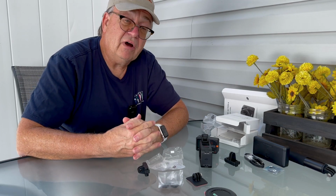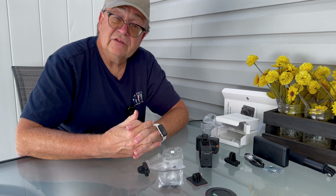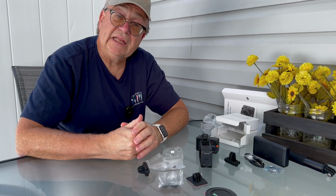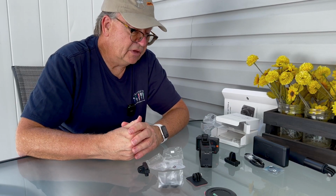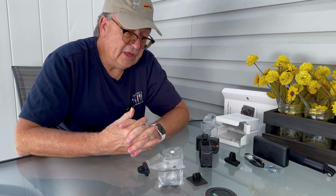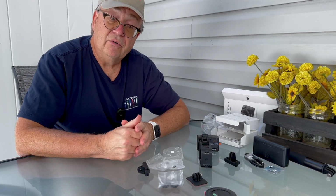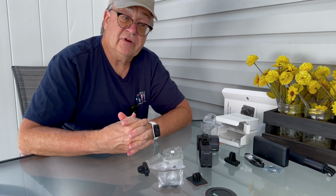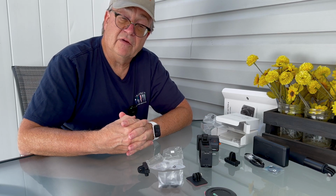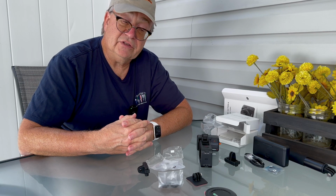I'm going to be doing more videos on this real soon. We've got to get it out in the field and test it, get the software all set up here. Probably needs a firmware update. A lot to do now to get ready, but hopefully we can get out and get you some sample video from it, because I know a lot of people are going to try to make a decision in the next week or so whether they upgrade to the Action 4 or get the Hero 12, or they get neither of them, because their current Action 3, Action 2, or GoPro 10, 11 is perfectly good enough for them. They don't need to upgrade, or maybe they just prefer to always use an Insta360 product